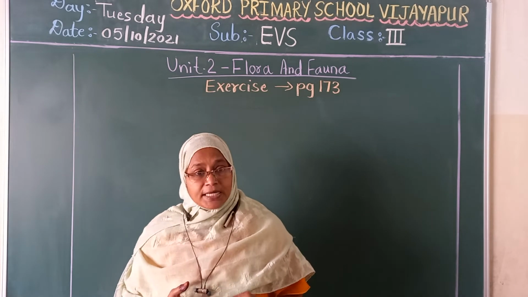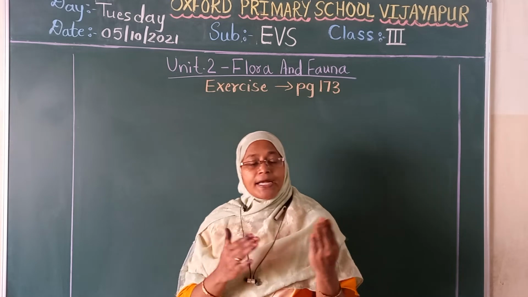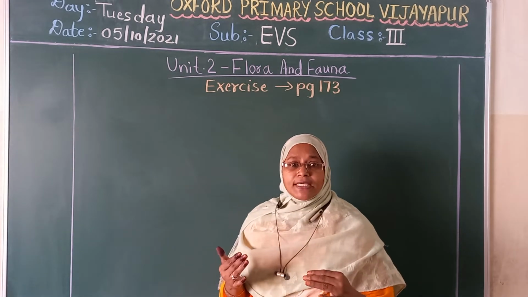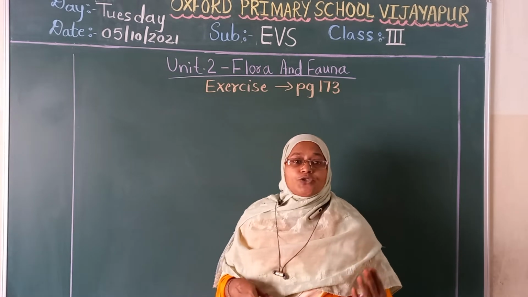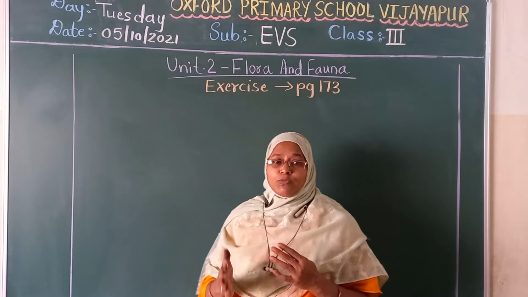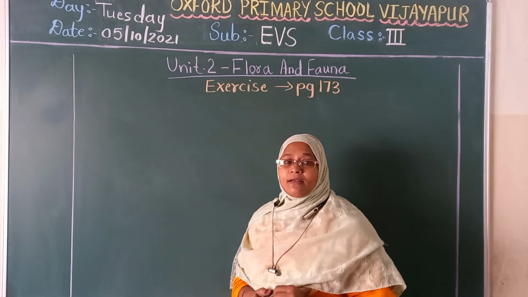Second one is root and stem. Third one is leaf and flower. Now you know how to write on the front side equally, point-wise. So children, once again you should see and write it how I have shown to you. One more time I will write for you in the notebook and show you how to write once again.